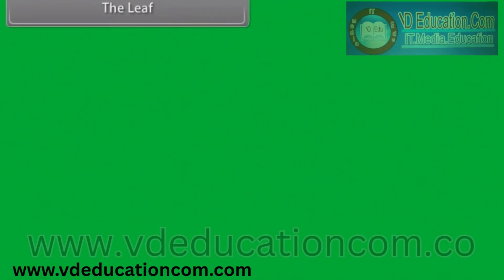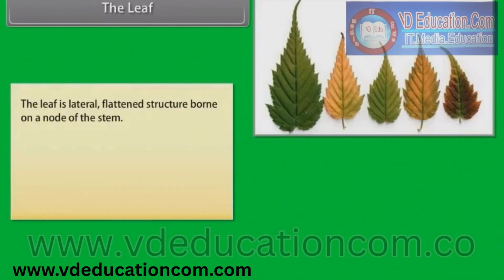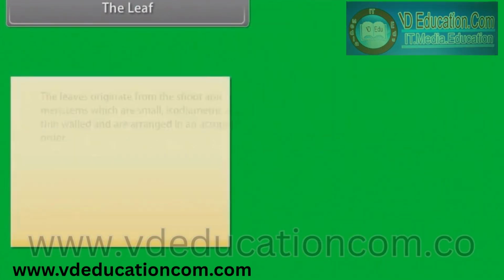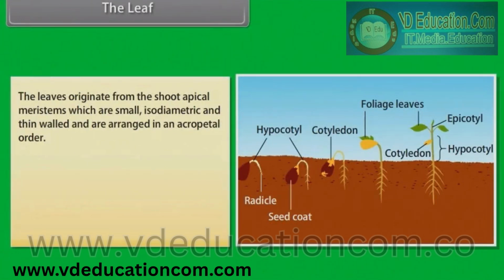The leaf. The leaf is a lateral, flattened structure borne on a node of the stem. The leaves are the food manufacturing organs of the plant. It bears a bud in its axil. The axillary bud later develops into a branch. The leaves originate from the shoot apical meristems, which are small, isodiametric, and thin-walled and are arranged in an acropetal